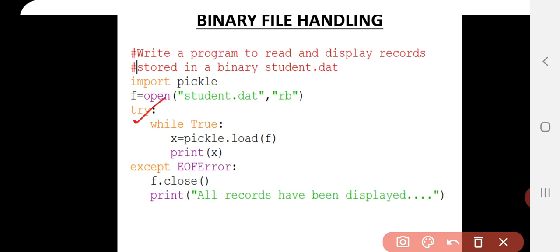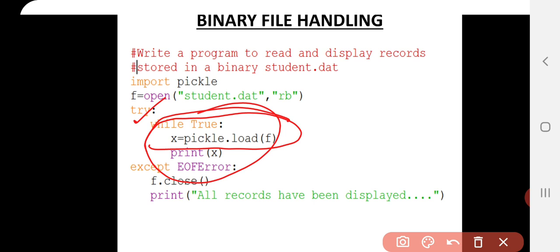So how is this end of file error traced? To trace the error in the program we use try and except block. So simply we make the program inside the try block. Inside the try block I have made a program by using the infinite loop: while True, x is equal to pickle.load(f). This statement will read the record into the object x from file object f.